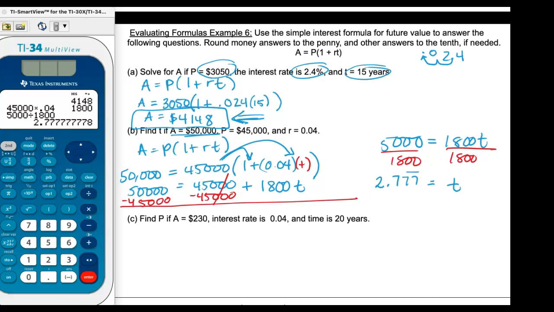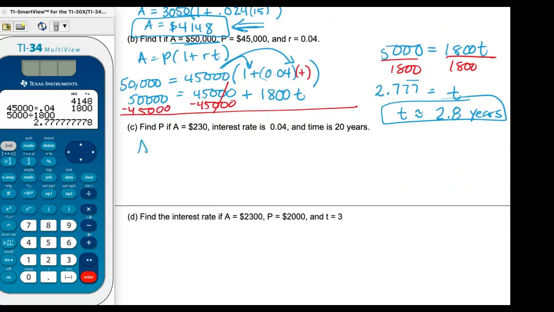And we're asked in the beginning, let's just look at the rounding direction. So round money answers to the penny. That doesn't apply here because this is time. And other answers to the tenth. So I'm going to round this to the nearest tenth place. So I'm going to say t is approximately 2.8, and this would be years since time is always in years. Okay. And then for C,